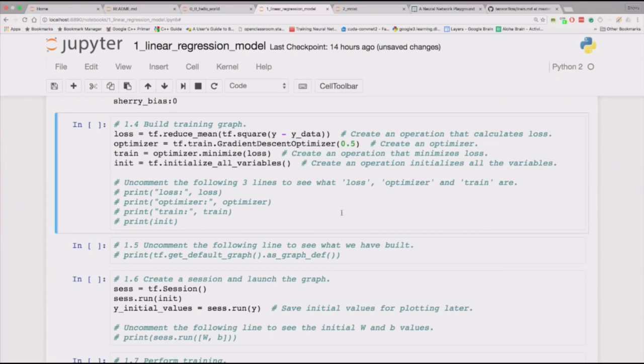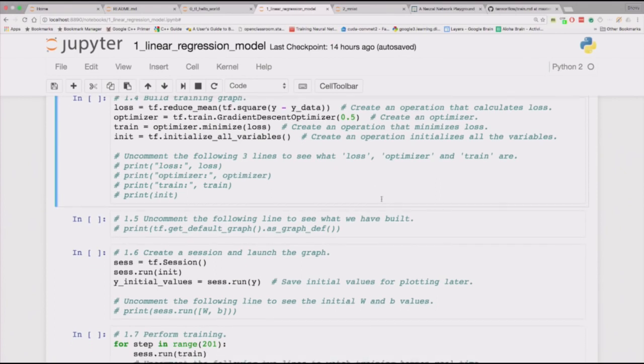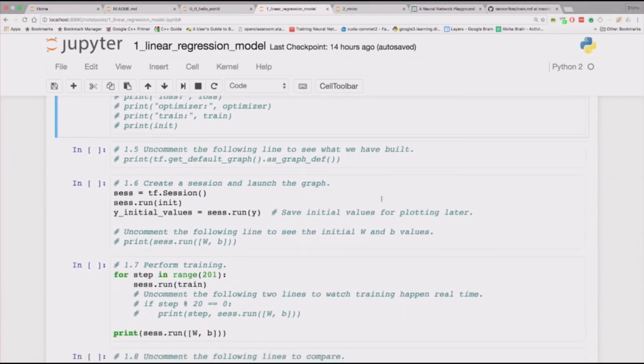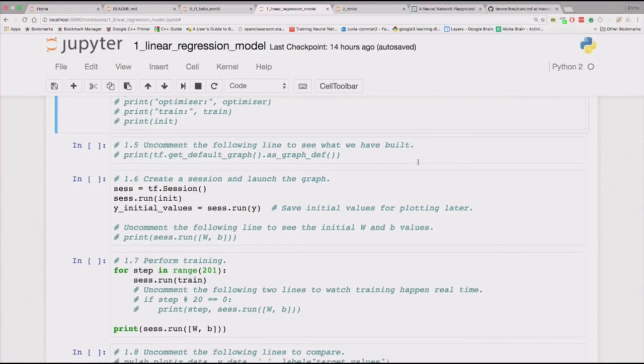So I'm not going to do it here, but you can do it at your leisure. You can uncomment all these things that you have created and see what they are. And I can tell you these are different operations. So that's how you actually get to learn about the network that you have built really well. In the next line, I'm also not going to uncomment, but you should at one point. This is how you can see what you have built. So actually, why don't we do that? Because this is really critical, and as you debug, this will become